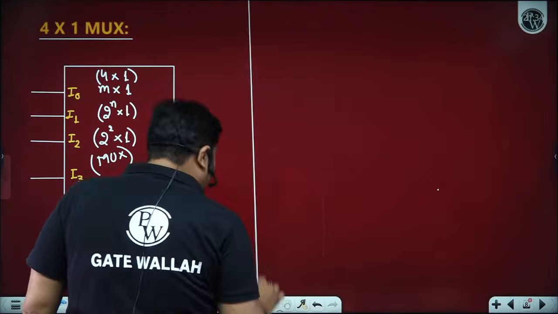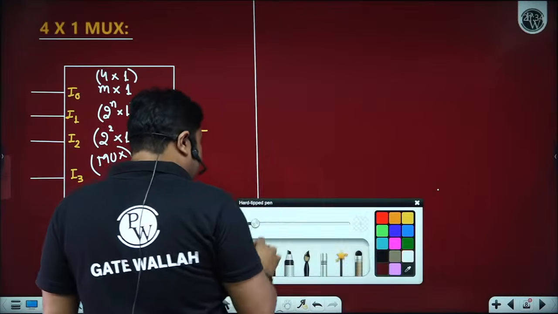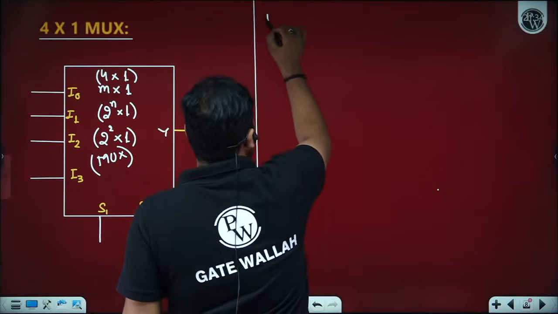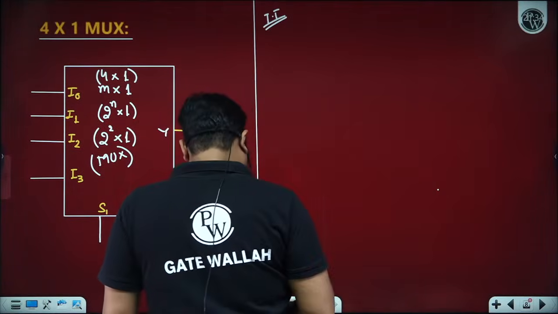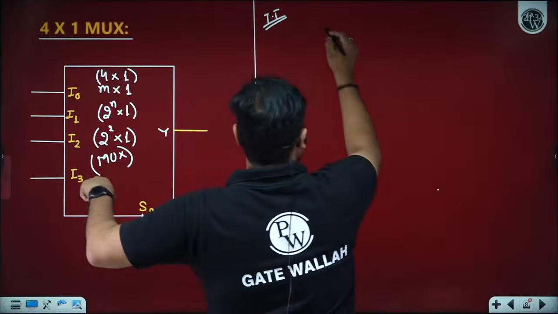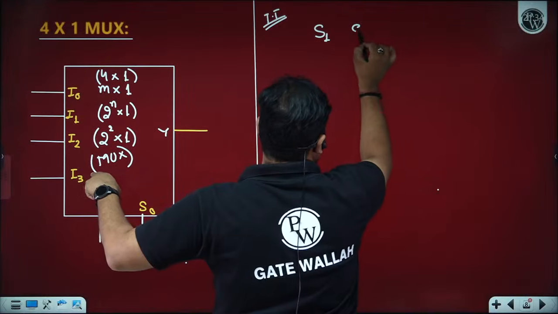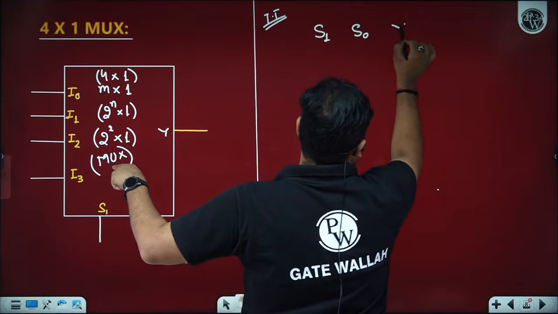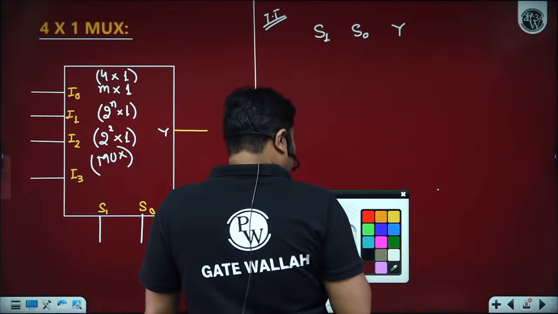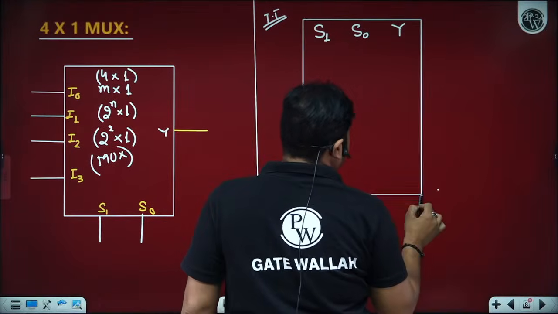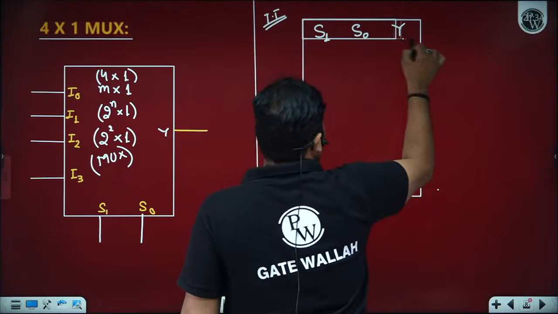Now please observe. To design any combinational circuit, we must first write the truth table. Now we can go with the tabulation basics. Yes, sir. So we have inputs that are transferred to the output depending upon the select line. So based on the select line, how many possibilities? Sir, we have a total of 4 possibilities.